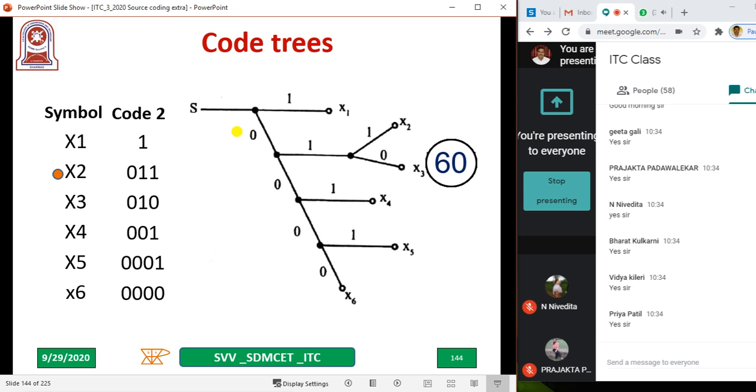So one sample example I have shown. Say x2 equal to 011. Start from the origin, 011. That is the x2. So you compare the code tree what you have written. It may look a little different, but when you go along with the path, you are supposed to get the same code word. So I'll wait for a few seconds. Then we'll go to the